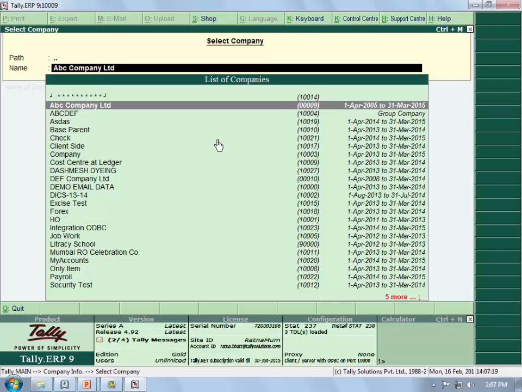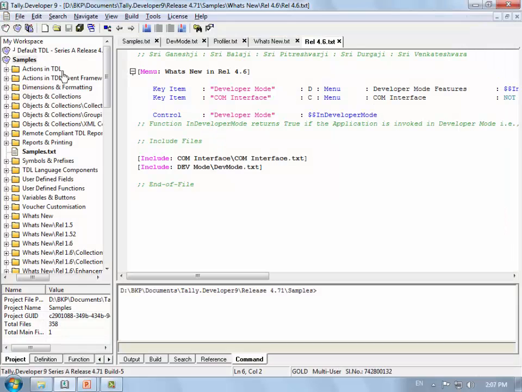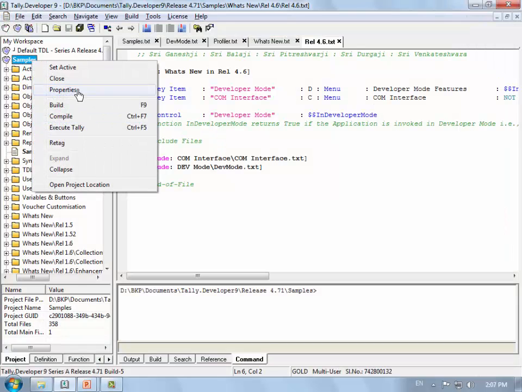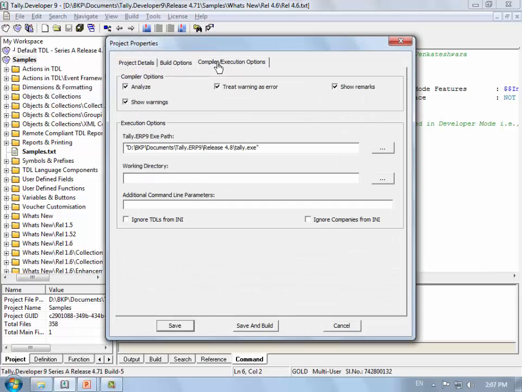So now let me show you this once again. Right click, properties, compiler executions, slash no ini tdl, or you can also give a tick here, which means it executes a command line parameter no ini tdl.